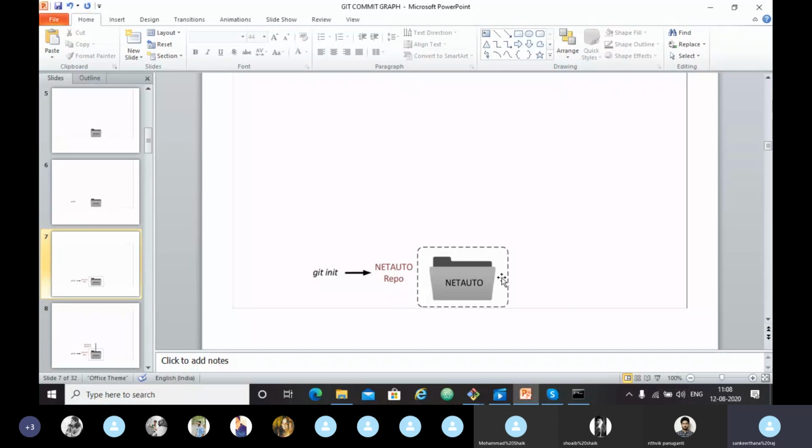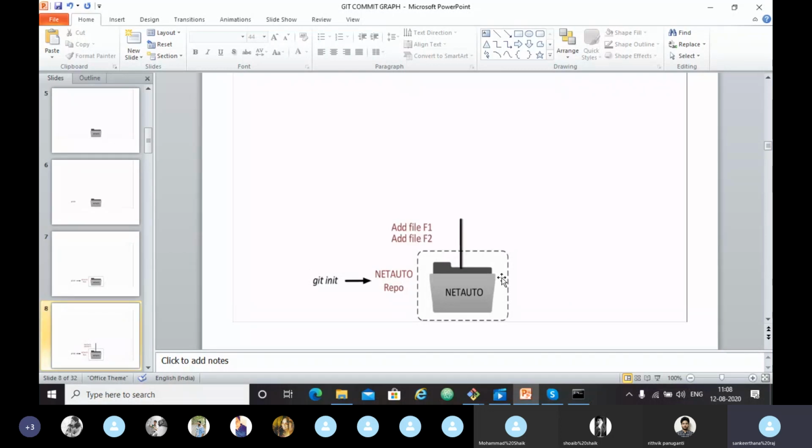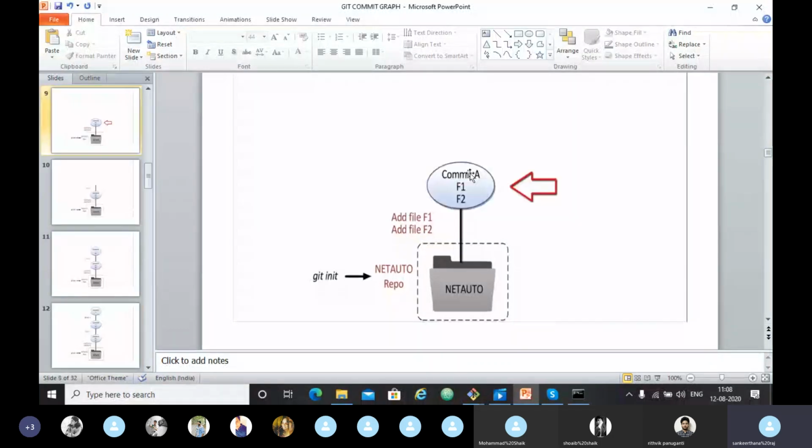Now let's say we have added two files to our repository, file 1 and file 2. After adding these files, we decided to take our first commit, meaning taking a snapshot of our repository. The commit is represented by an oval, as I told you before. Here we have committed files F1 and F2.